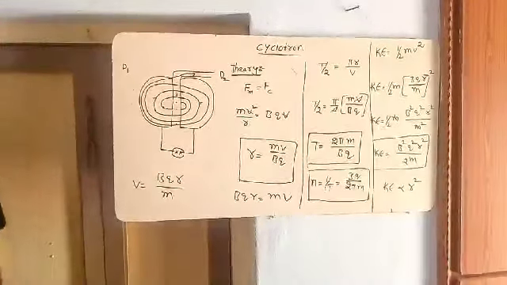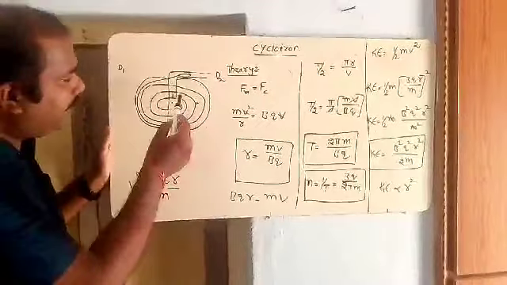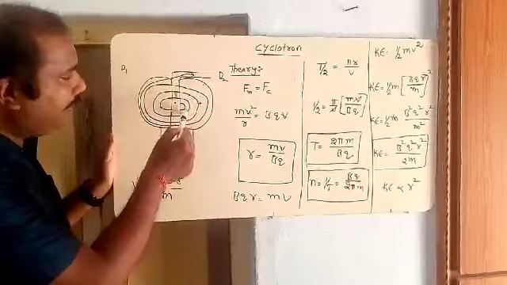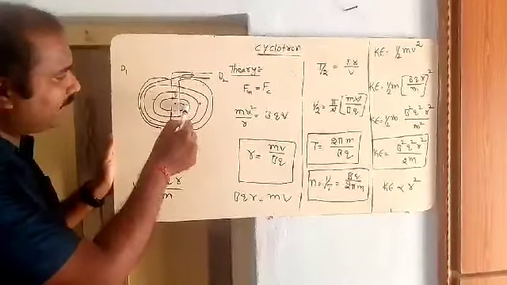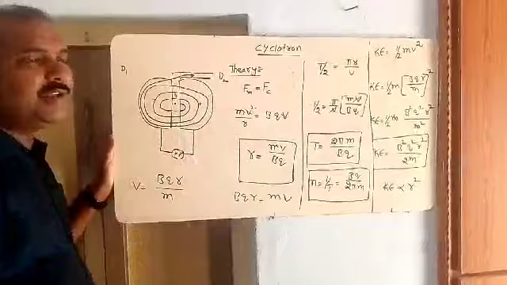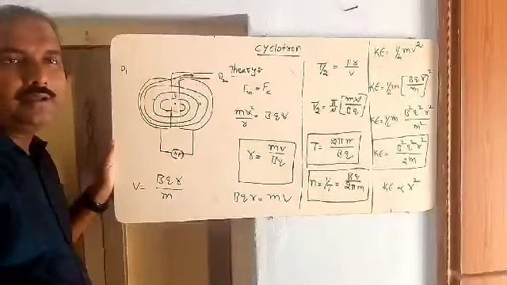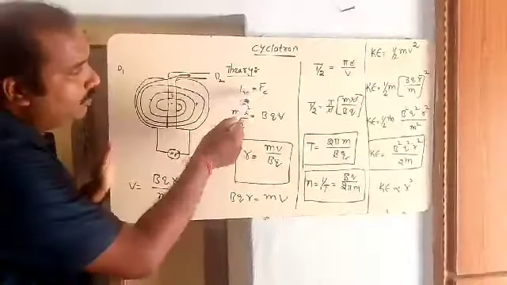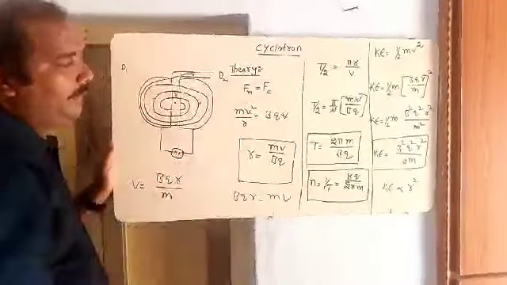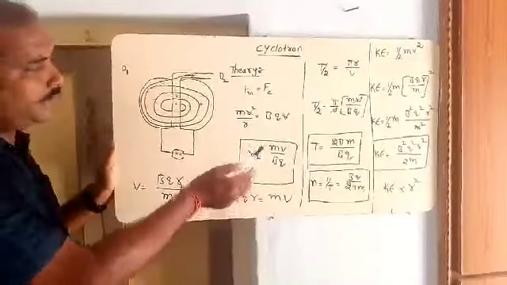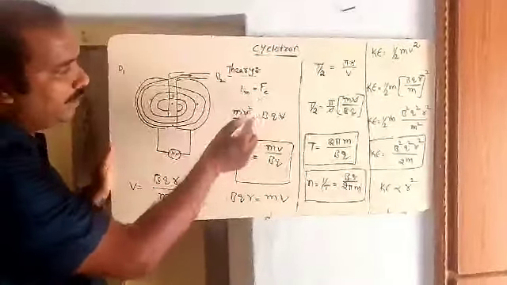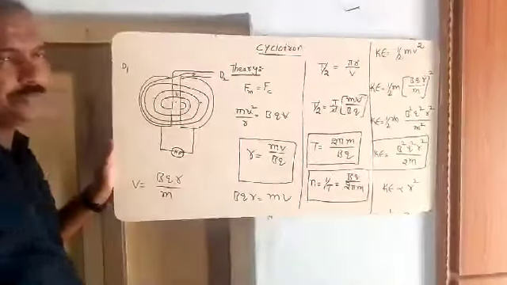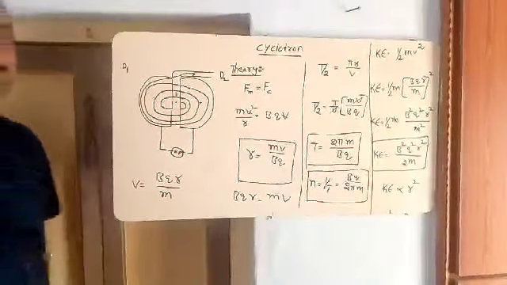See, here the particle is entering into the D2. Because of the magnetic field it takes a circular path. If it is taking a circular path, two types of forces are acting: magnetic force and centripetal force. Force due to magnetic is equal to force due to centripetal. Magnetic force BQV, centripetal force mv square by r, then we got radius r is equal to mv by bq. Later we'll find the resonant frequency.